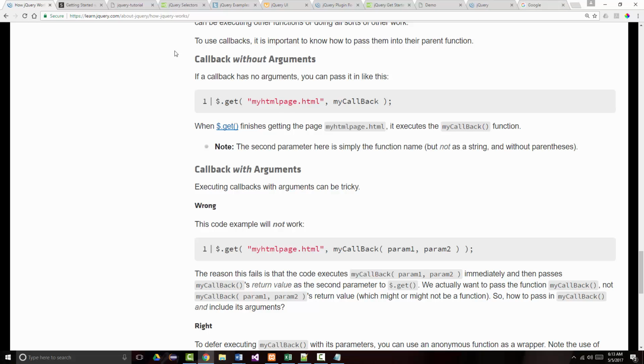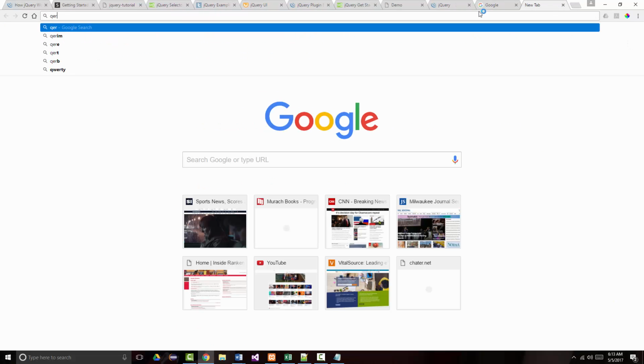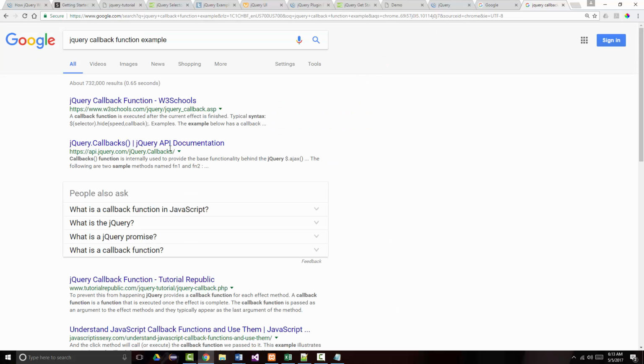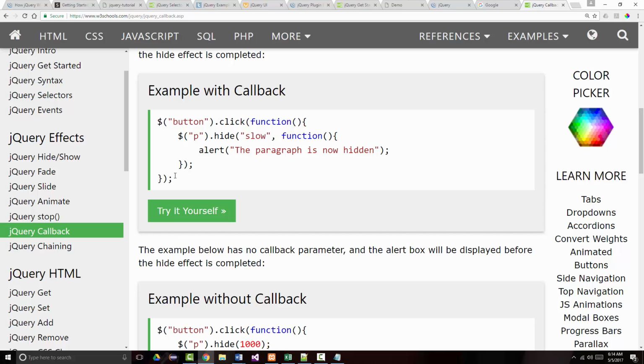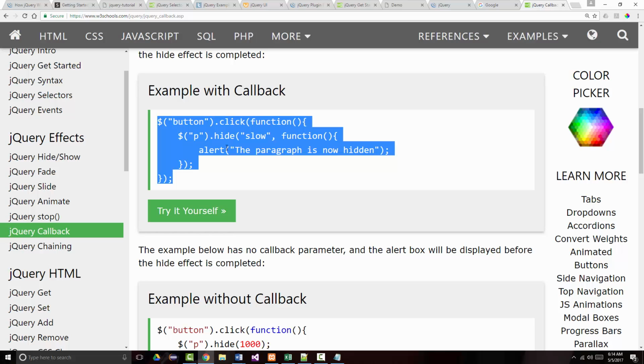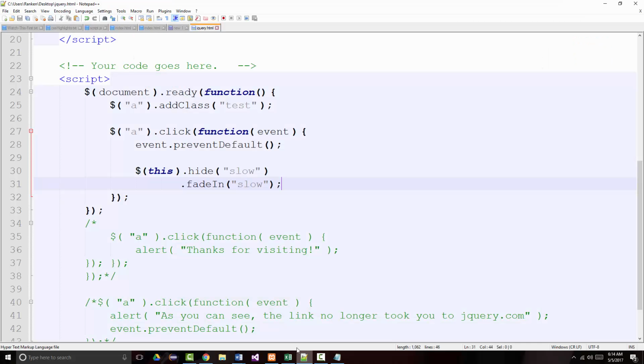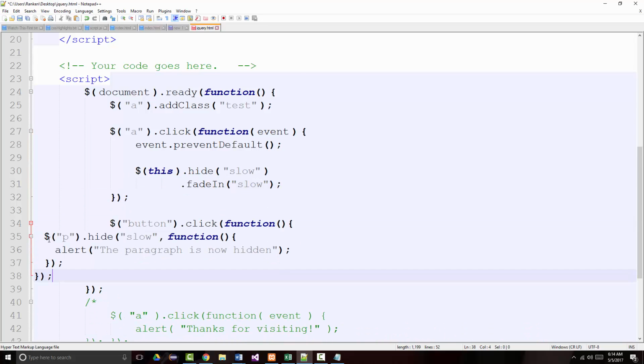All right. So let's do this before we go on, because I'm done with this particular document. jQuery callback function example. And as we get one from W3 Schools, maybe. There we go. All right. Let's add that. So we've got all this stuff in here. Now I'm going to add something else. And this says now